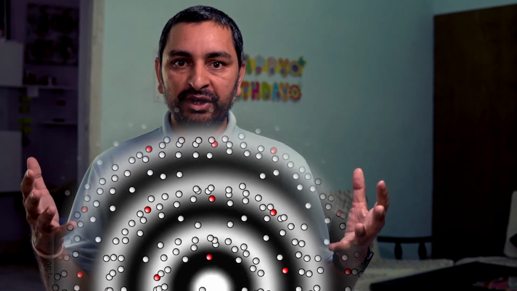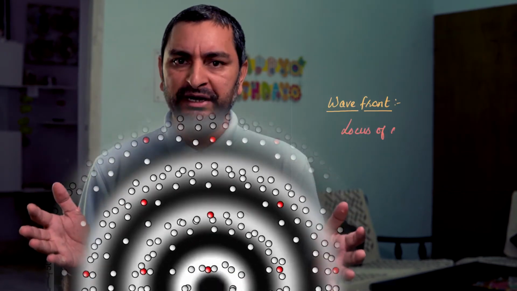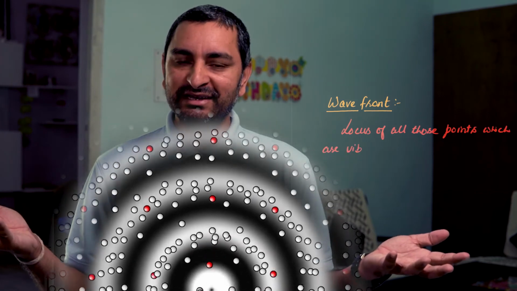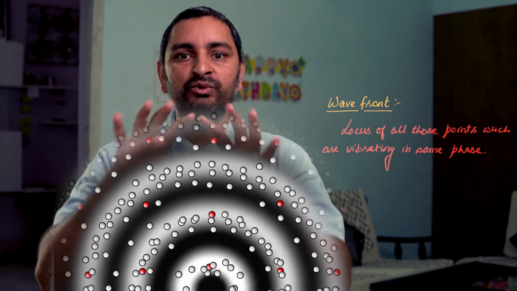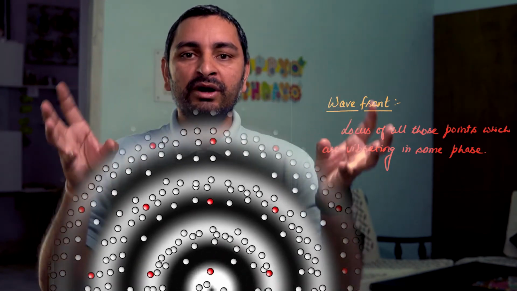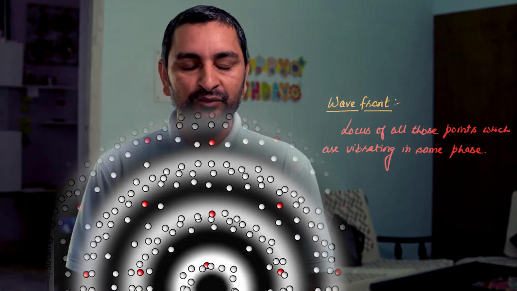If we consider some imaginary points inside a wave, and if we join all these imaginary points, then the pattern which we obtain is known as wave front. If we want to define this, we can easily define it as the locus of all those points which are vibrating in the same phase. जो particles एक ही phase में vibrate कर रहे हैं, उन सब का locus। लोकस मीन्स हम उनको अगर इमेजिनरी टाइप से मिला दिया जाए तो जो पैटर्न हमें मिलता है वो वेव फ्रंट होता है।